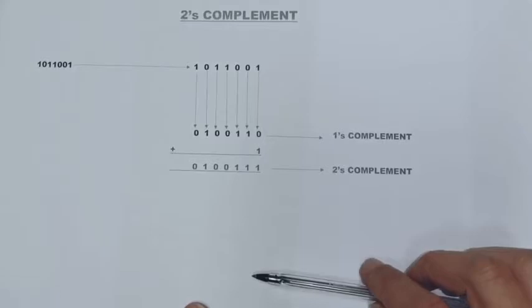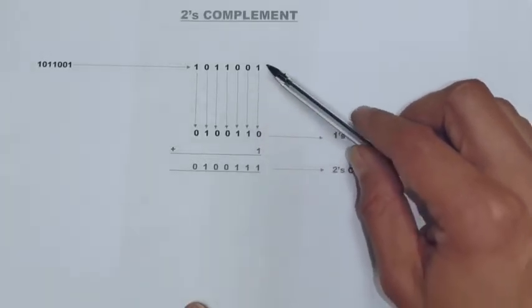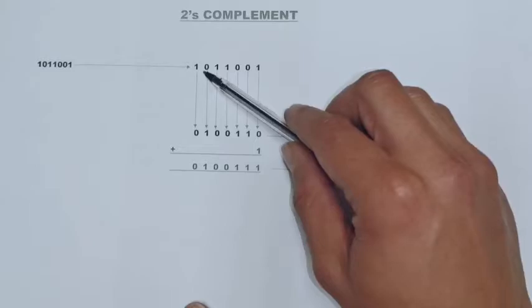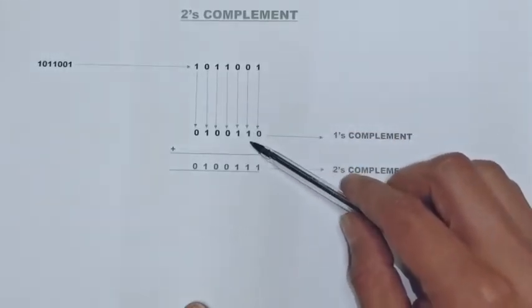Today we're going to have a look at how to convert to 2's complement form. But before we look at the examples, I have two examples in this video that I'm going to explain to you. We're first going to have a look at what is 2's complement and how we convert to 2's complement form. First, you need to take the binary number which you have, and you need to convert all of the zeros to ones and all of the ones to zeros.